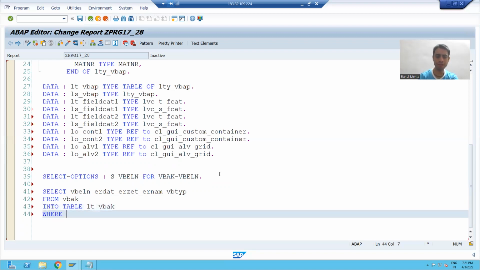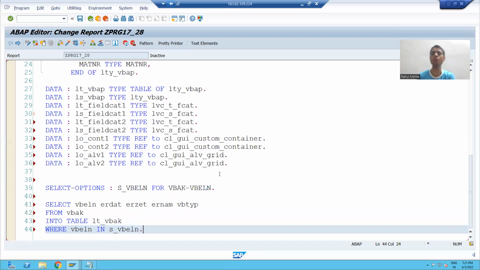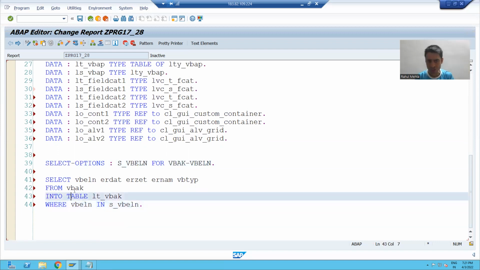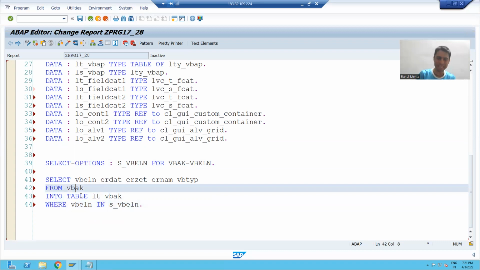And what will be the where condition? VBELN in S_VBELN. We all know whenever there is a select option, we have to use IN. So whatever input you are passing, based upon that, we are fetching the data from the VBAK table and storing